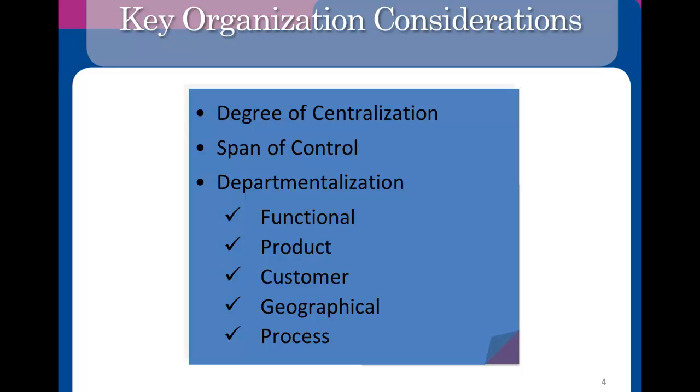quickly. Now, with regards to a centralized organization, span of control has to do with how wide a manager's span of influence is. So in a tall organization that is centralized, a manager's span of control is very narrow. They don't have responsibility for a wide variety of people because there are so many chains of management, right? Instead of it being a flat organization that's very wide, it's very tall and narrow. So my span of control in a centralized organization is actually much more narrow. I don't have as many direct reports, so to speak, because there are so many different chains of management. There are so many managers in the hierarchy because I need them since there are so many